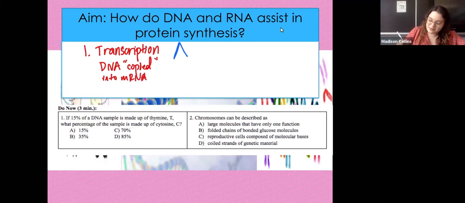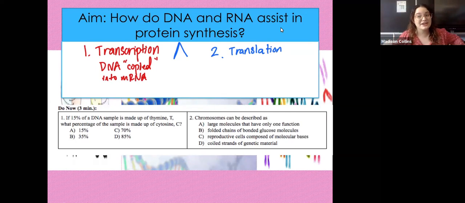And today we're going to be talking about the second stage of protein synthesis called translation. Now, this is a word I'm sure you guys have heard before. In fact, I'm sure you're very familiar with Google Translate while working on your Spanish and French homework. So when we translate something, we're interpreting it in one language and changing it into a different language. So today, the languages we're going to be dealing with are first the language of mRNA, and